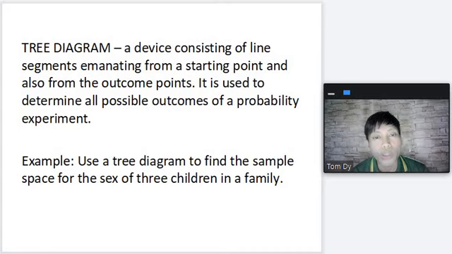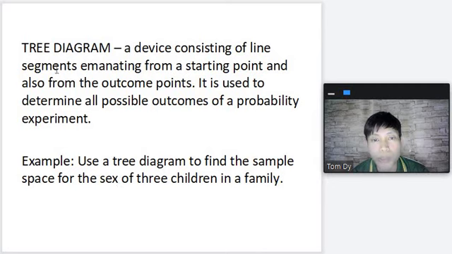Now, we will proceed with the word tree diagram. A tree diagram is a device consisting of line segments emanating from a starting point and also from the outcome points. It is used to determine all possible outcomes of a probability experiment. In this example, we have used a tree diagram to find the sample space for the sex of 3 children in